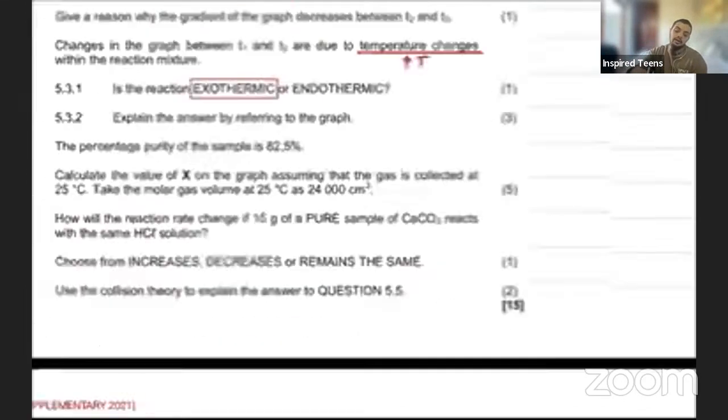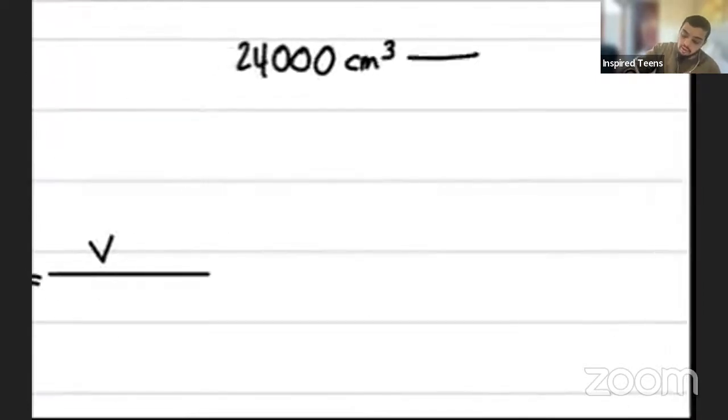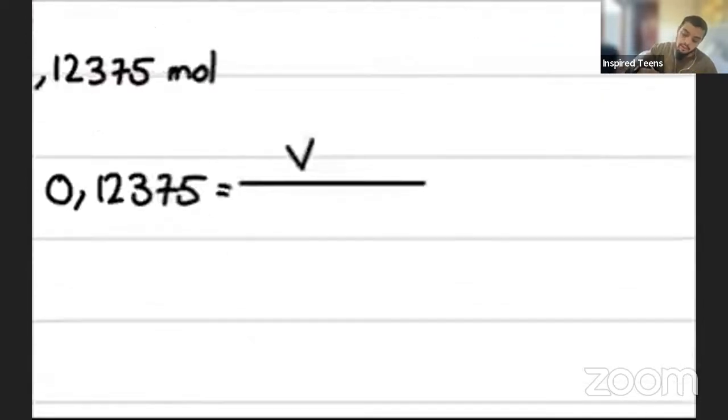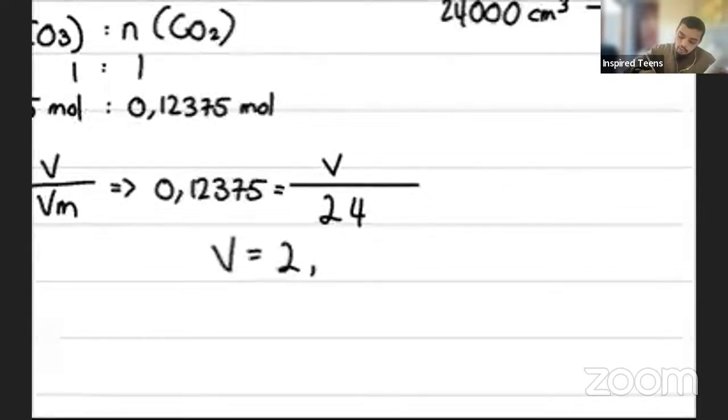I'm not comfortable doing that. I'd rather convert it to decimeters cubed. So there's 24,000 centimeters cubed. We're going to divide it by 1,000 to give our answer in decimeters cubed, which is 24 decimeters cubed. So I'm going to multiply by 24 and then I'll convert back to centimeters cubed, no problem. I get 24 times 0.12375, and I'm getting a volume of 2.97 decimeters cubed, right? So if we want to convert it to centimeters cubed, which is what's in the graph,